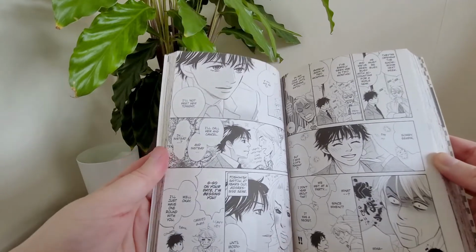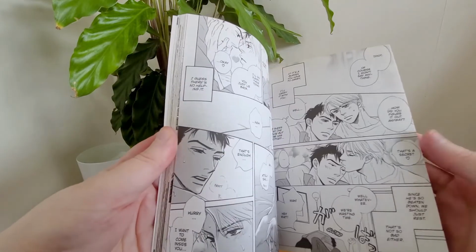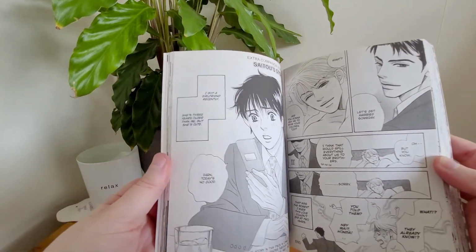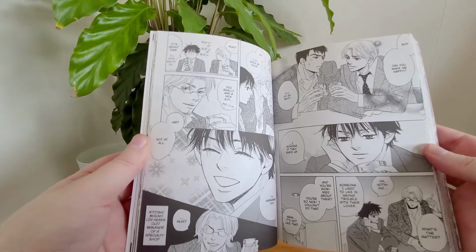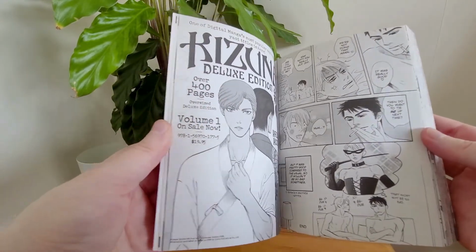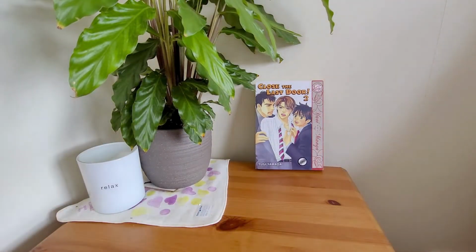The writing's so tight and neat, and in the second volume their relationship is a lot more established, but there's still, you know, teething problems. Not problems so much, it's just hurdles to get over. I love them so much. I love these characters and I love her work. I cannot get enough of Yamada Yugi's work. So to be able to have everything she's published in English in my collection is a really big